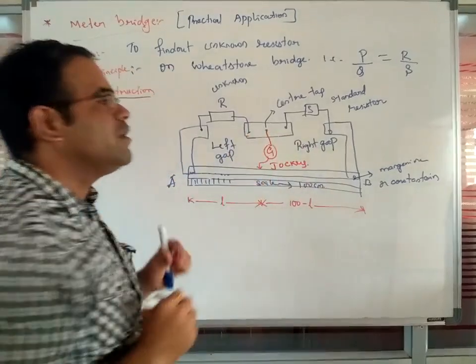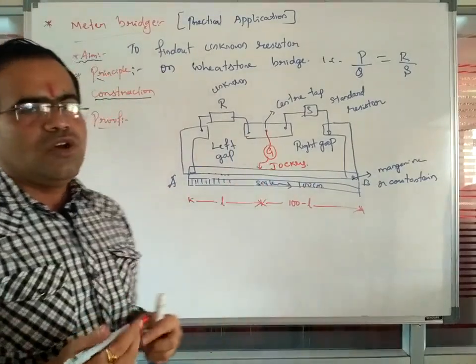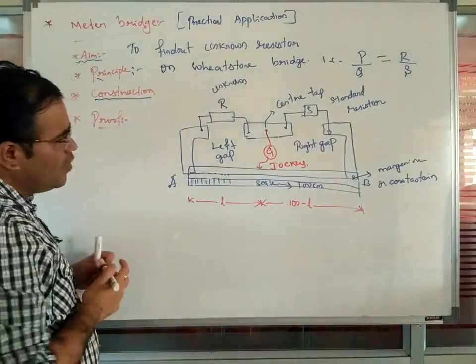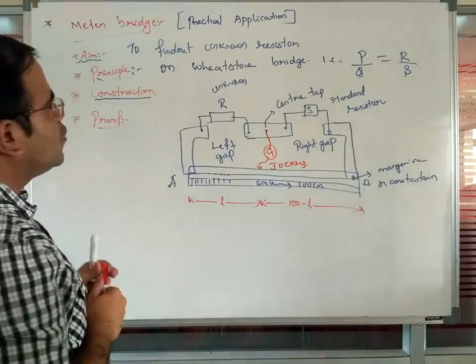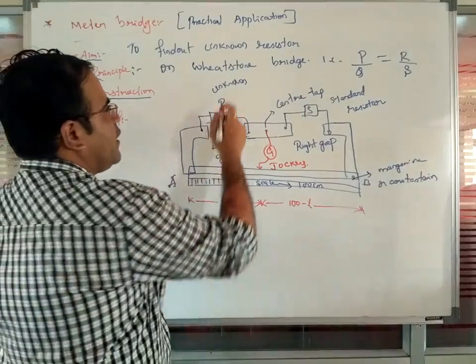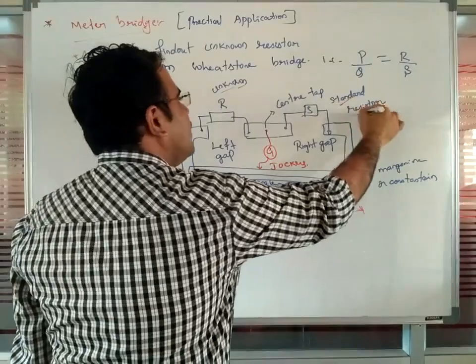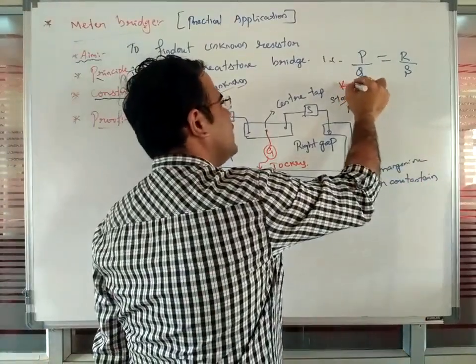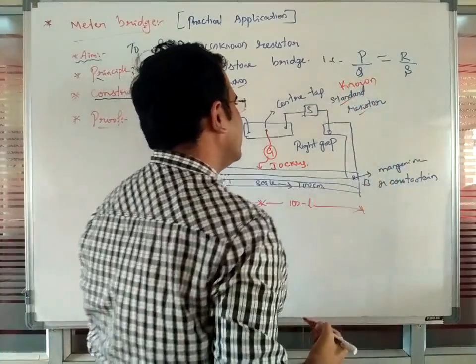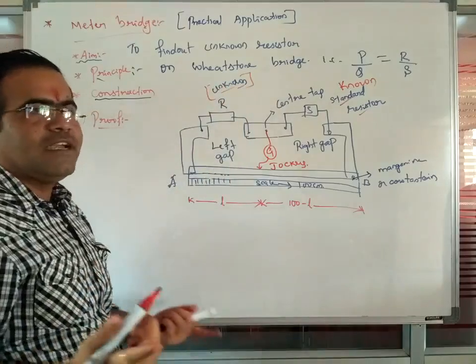So one instrument or apparatus that we use is called a jockey here. Now how is it going to work? You are going to prove this. In order to identify, we have taken two resistors, one unknown and one standard, known resistor here. So this is the known standard resistor and this will be the unknown resistor. Both are standard values only.